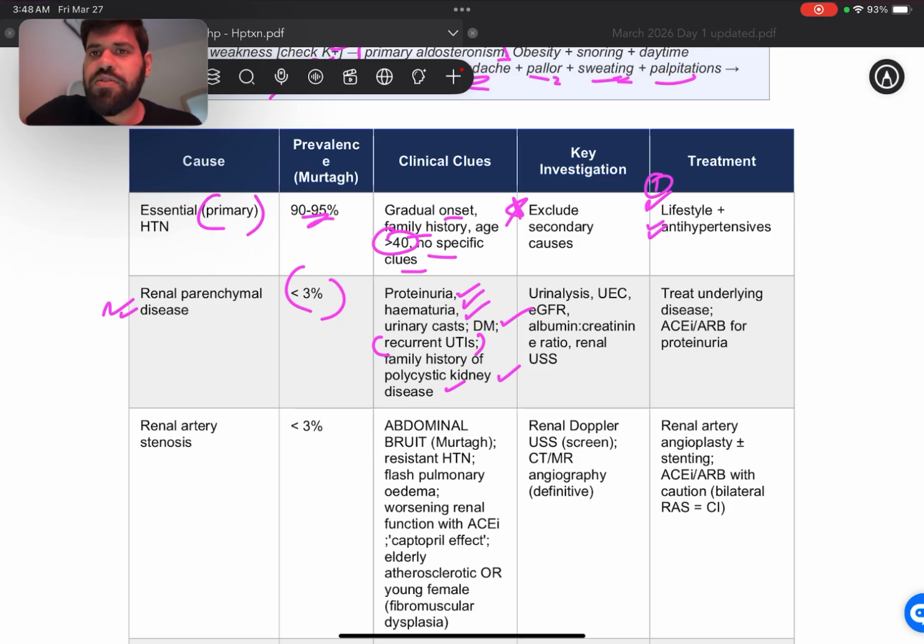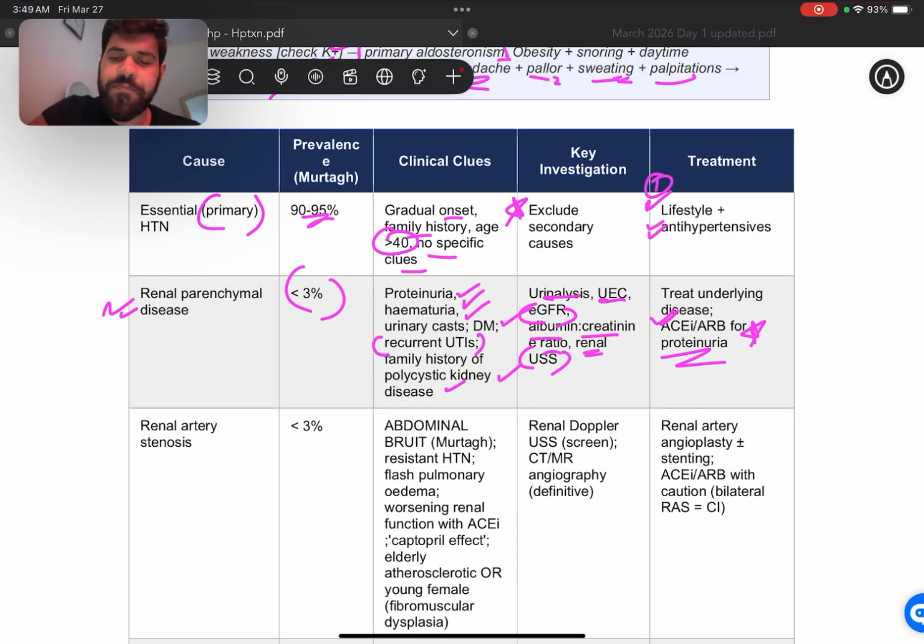The bladder ultrasound for these patients, because we don't suspect any stones. And again, it's solely based on the history of the patient. So if they have a history of polycystic kidney disease, you will obviously do ultrasound of the kidneys, so renal ultrasound. You have to check for UEC, urinalysis, EGFR, and albumin creatinine ratio to check for osmotic pressure of the body. Then for treatment, we have to treat the underlying disease, and ACE inhibitors and ARBs are the drugs given